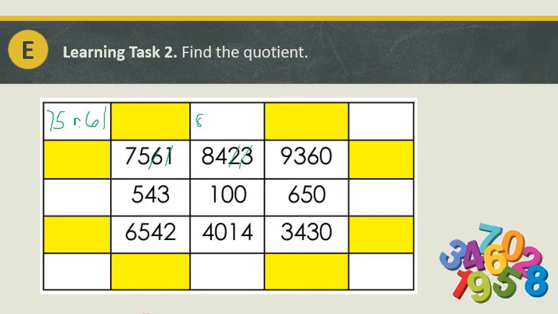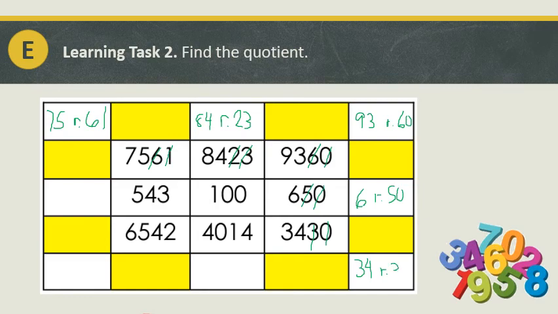Next, 8,423, remove two. It becomes 84. Remainder, 23. Then here in 9,360, it becomes 93. Remainder, 60. And 650, it becomes 6, remainder 50. The 3,430 becomes 34,